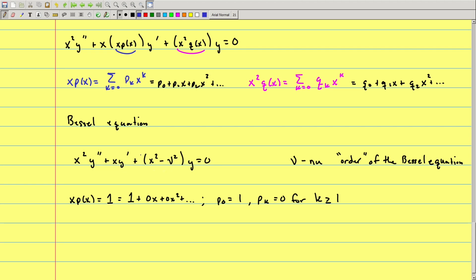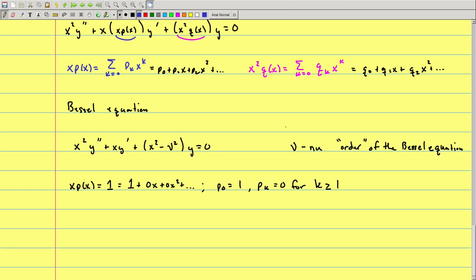Now, I don't have any leading term here, so this whole thing ends up being set equal to x squared q. And so x squared q is equal to